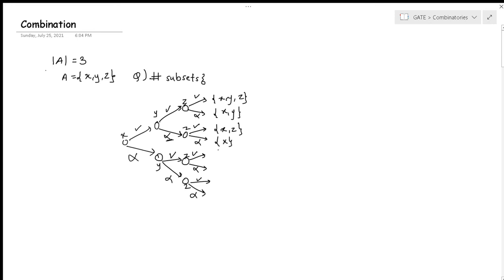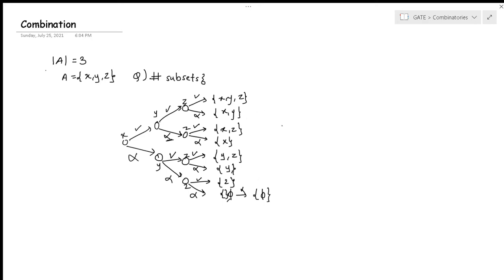Now coming over here, in this case we didn't take x but we took y and z. In this case we took y but we ignored z. Here we did not take x, did not take y, but we took z. Here we took nothing, so it's all right. Now I can represent this like that or that. Both are the same, but remember this is not at all equivalent to this. That's the basic thing.